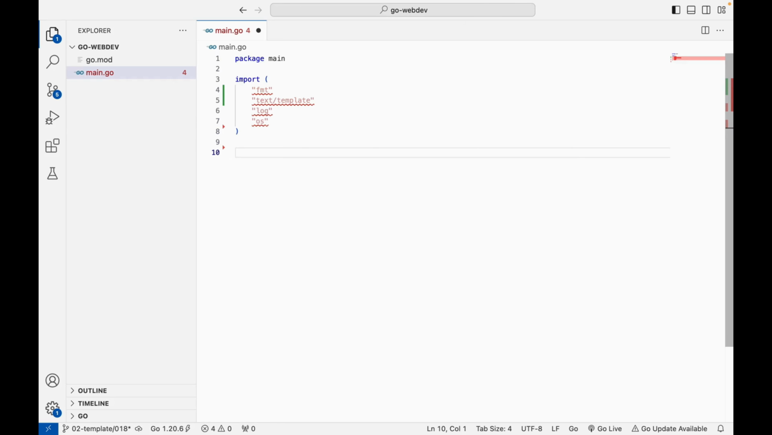Now let's create our template variable. So I'll write var tpl, and this will be of type template.Template, pointer to template.Template. And now let's create our init function. So I'll write func init. And here I'm going to write tpl equals